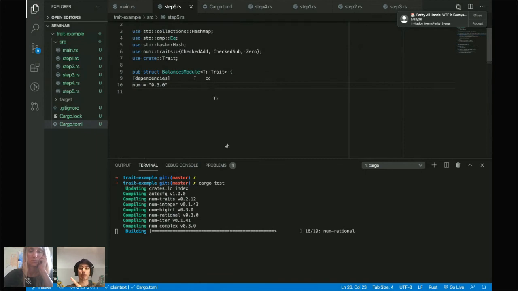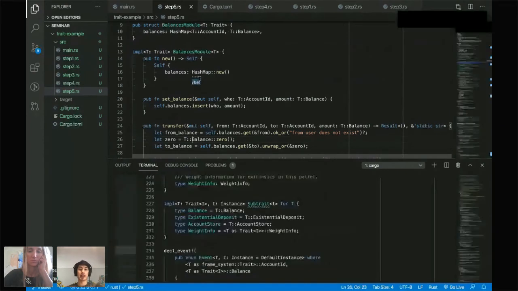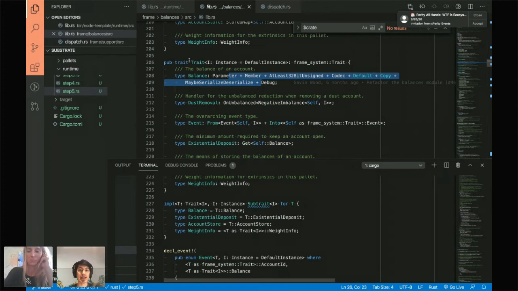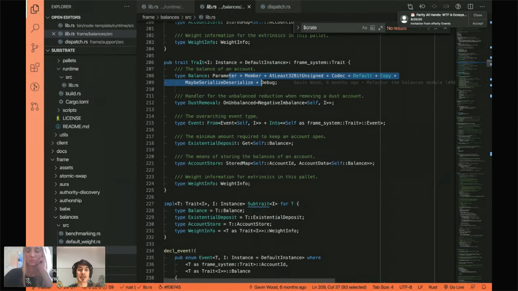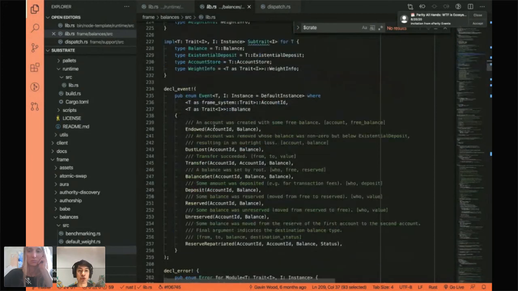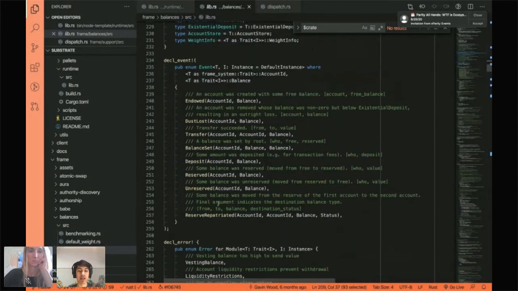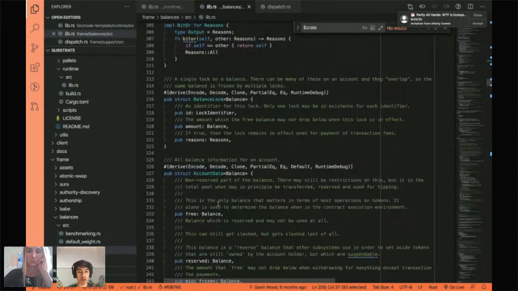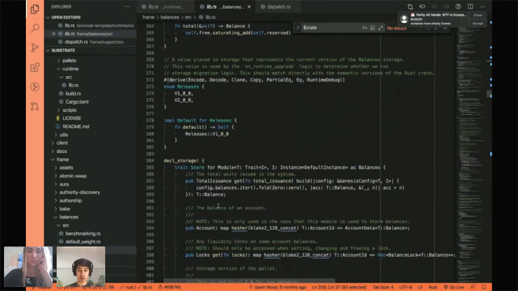I'm going to jump maybe real quick back into the balances pallet, the real balances pallet, and we can see some patterns again. The pattern that every single module defines a pub trait, which defines the types that it needs. When we use these types throughout, we're always doing this T::Trait or T: AccountId or whatever, right? This is how we access these types. One thing I didn't go into was inheriting the types. So you can see there, it's T::AccountId. This is why this is happening, because we've defined the types exactly in the same way in Substrate.